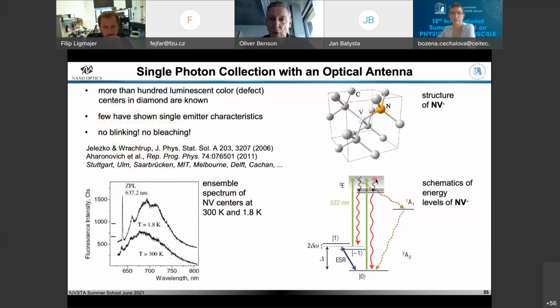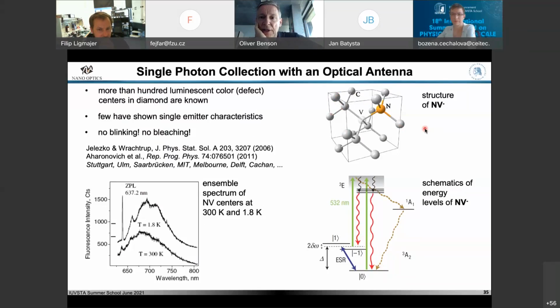Yeah, this is one of the objects, this kind of atom-like object. It's a color defect in diamond, and it's pretty well known. So this is the carbon structure of diamond, just a carbon lattice. And there are many defects in diamond. Diamond is transparent, but sometimes if you look at it, it looks a little bit bluish or pinkish or yellowish, and this comes from defects.